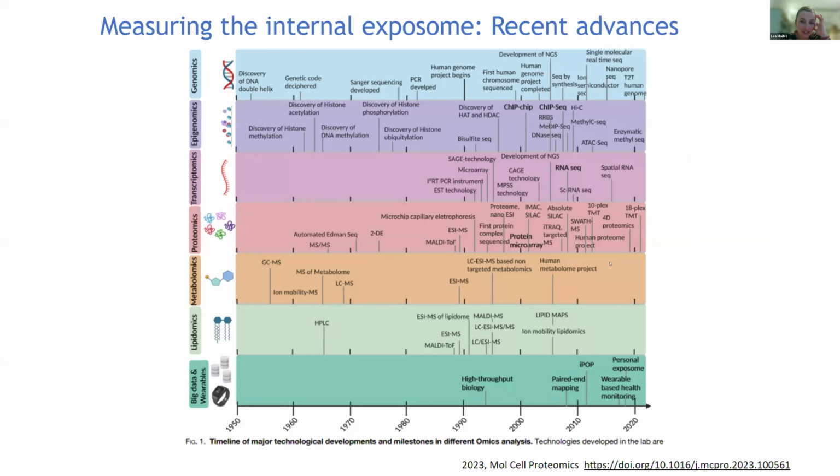The proteome, it's only in the past few years, I would say, that we can pretend to be able to use mass spectrometry development to sequence more than 100 proteins. And also there has been a big push towards exposome and metabolomic analysis,